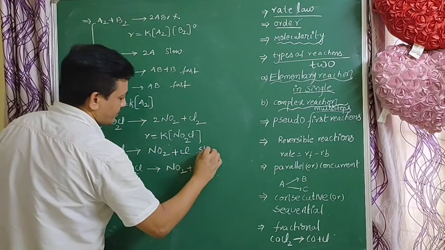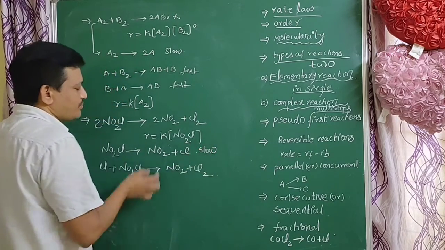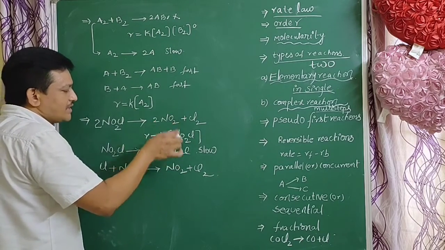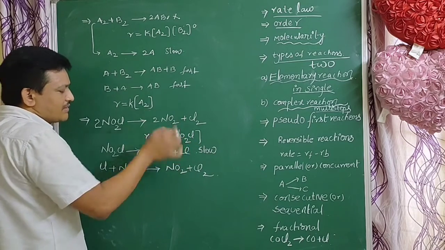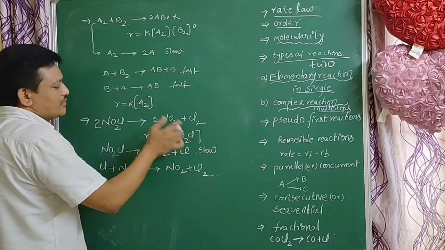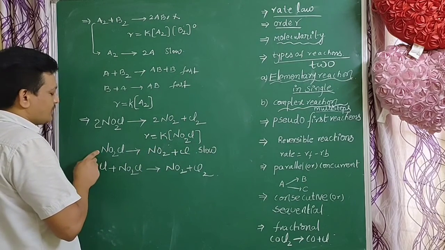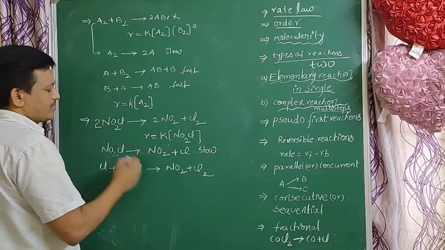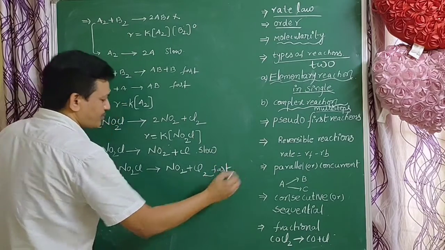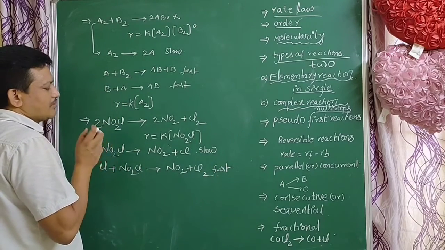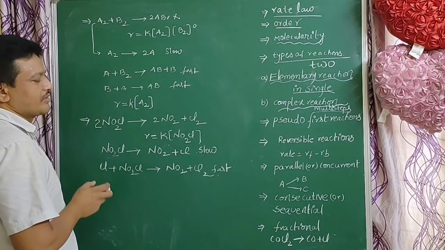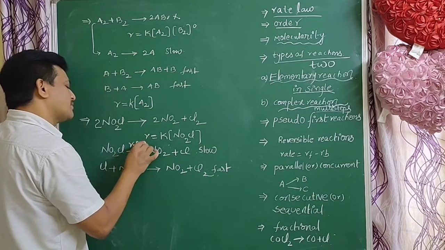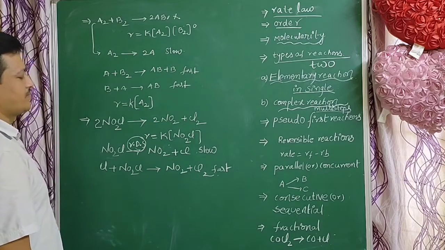This is the slow step. How to say this is the slow step? Based on the rate equation. Which species are involved in the rate equation? Only NO2Cl, 1 mole of NO2Cl. In which step is only 1 mole of NO2Cl present? The other step has Cl as well, so this is the slow step and that is the fast step. Rate of reaction depends only on the slow step. The slow step is called the rate determining step.